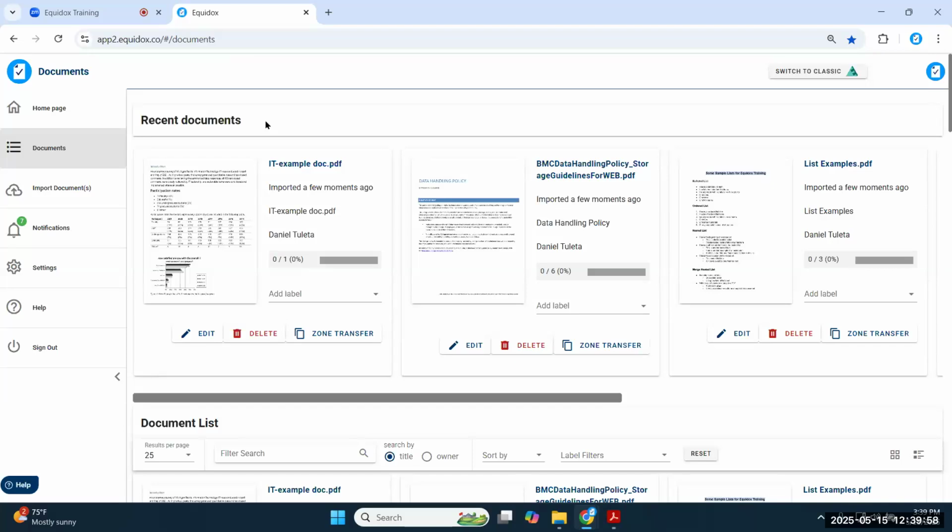You can also, if the document is not tagged at all, Equinox during that import process is going to run its auto detection. So this is another option of what's going on during import. The auto detection is when Equinox is going to automatically identify the various elements on the pages: the encoded text, the images, hyperlinks, fillable form fields if there are any, and pages that require optical character recognition, which would be if you have a scanned page or something like that. We'll talk about these things as we go through the training today, but that's what's happening behind the scenes during that import process.